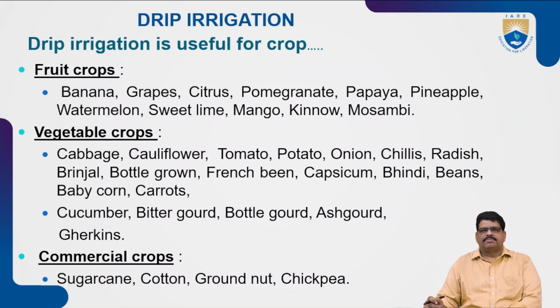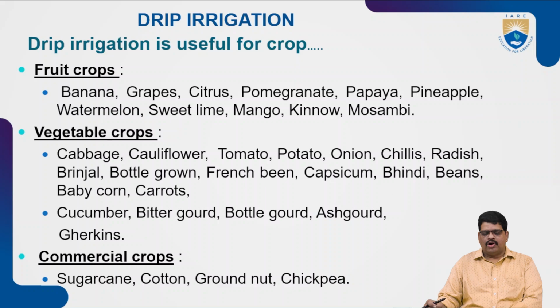Next, vegetable crops. What vegetable crops can be cultivated with the drip irrigation system? Cauliflower and tomato and potato, onion and chilies and radish, brinjal and cabbage and French bean and capsicum and bhindi beans and baby corn and carrots and also the cucumber, bitter